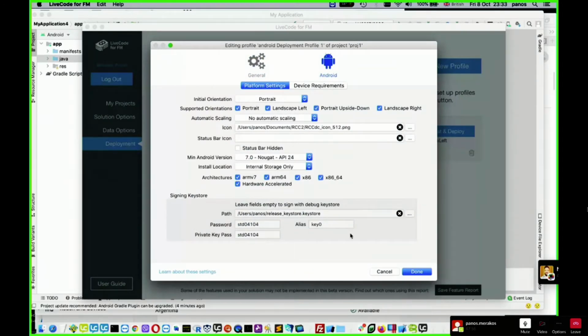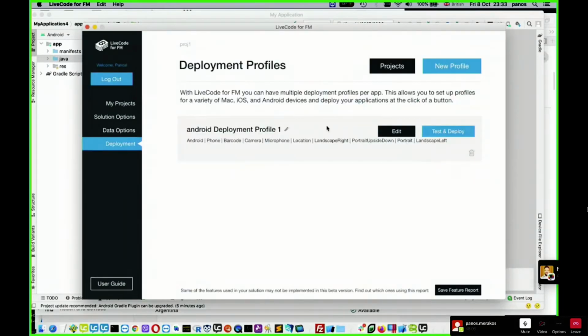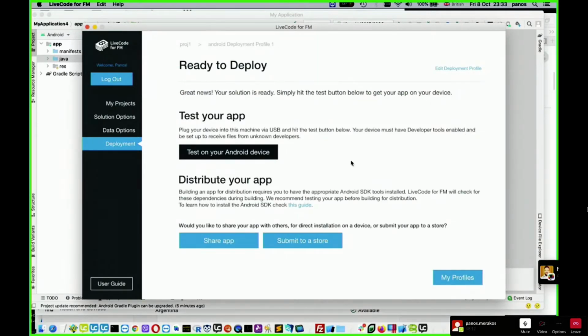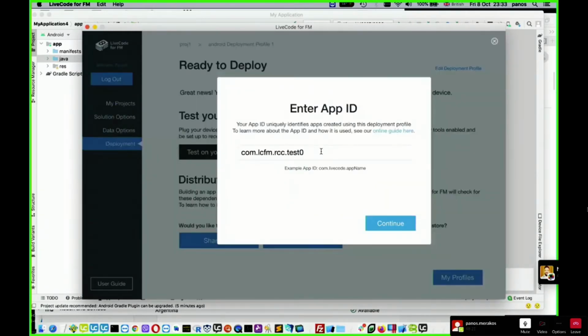Yes, and in this part, you are going to provide the info about your release key store. So we are done. Okay, test and deploy. We are here, distribute your app, and we want to submit to a store. And make sure we have entered a valid app ID.